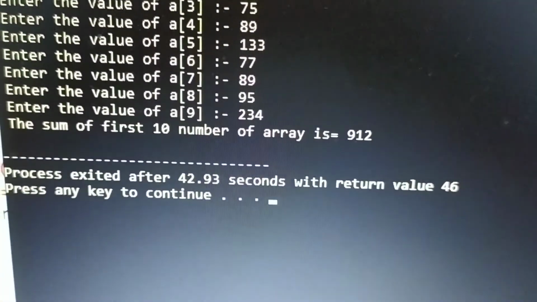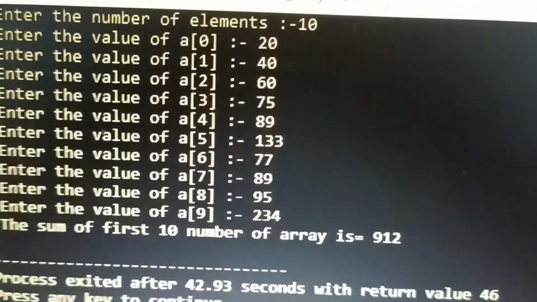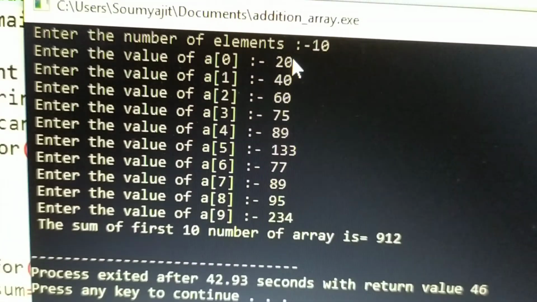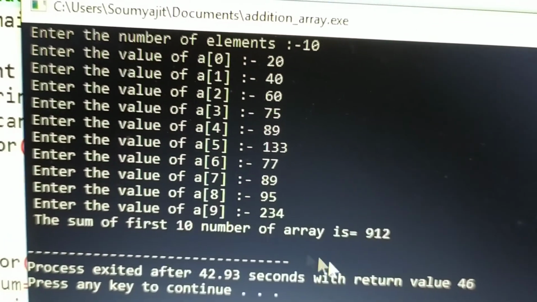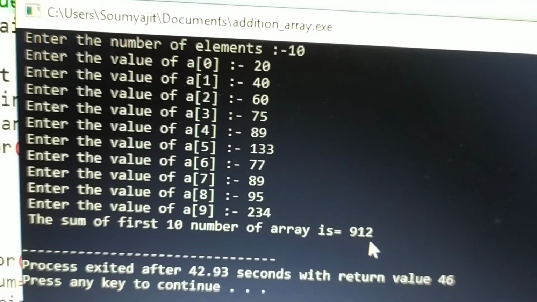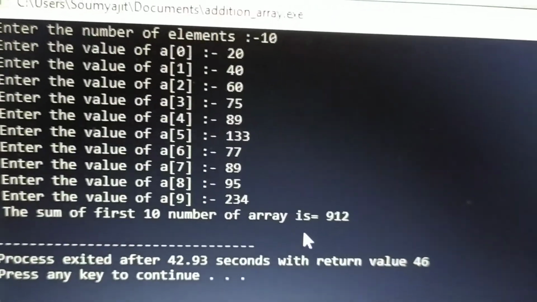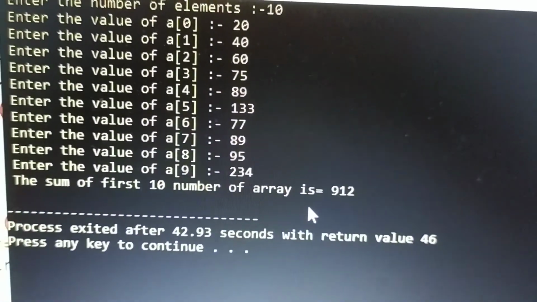The sum of the first 10 numbers of the array is 912. That means the summation of all these 10 numbers is 912. You can calculate that using a calculator and check whether it's correct or not. You will find that this addition is absolutely correct.